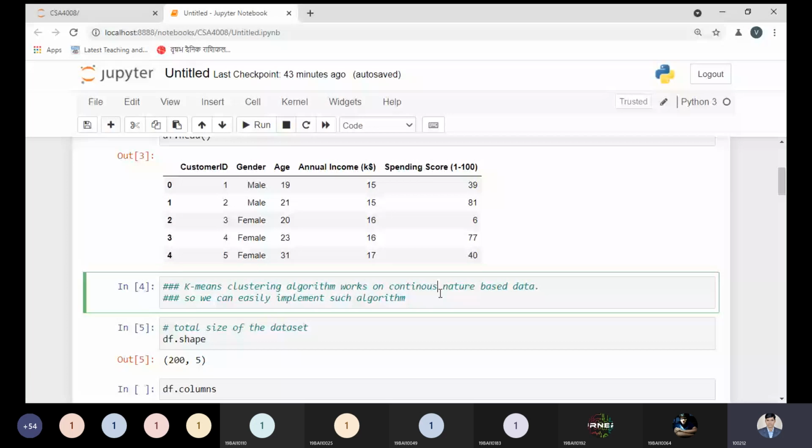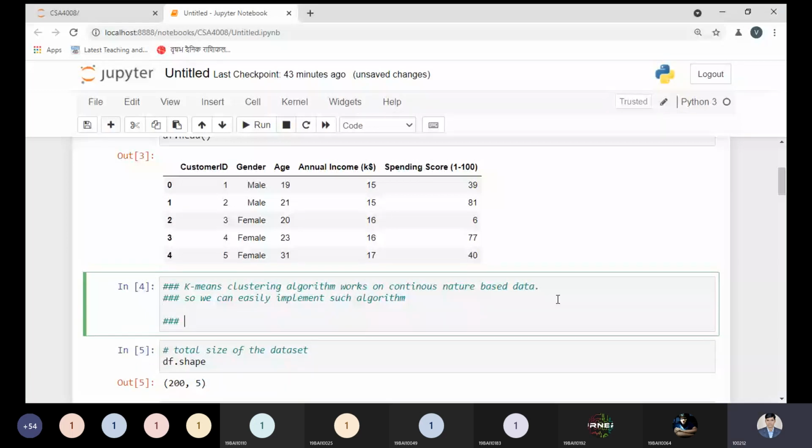Let me write one more word over here. We can say it is an unsupervised learning model.